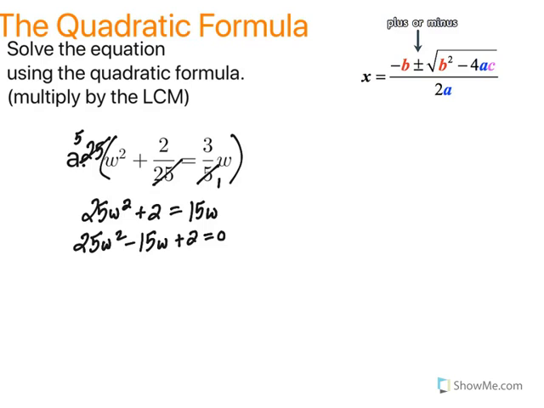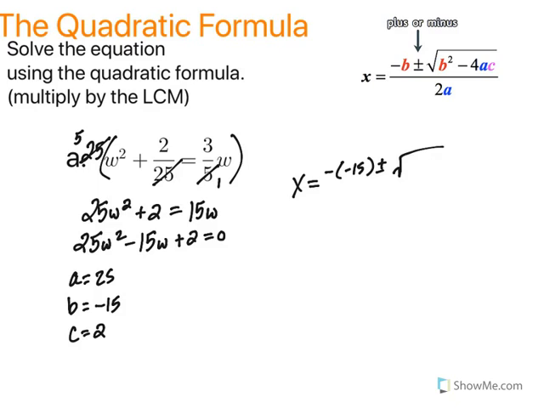Now let's identify the values for a, b, and c. A would be 25, b would be negative 15, and c would be 2. Now we can substitute these values into our quadratic formula. So x would be equal to negative b, so negative of negative 15 plus or minus the square